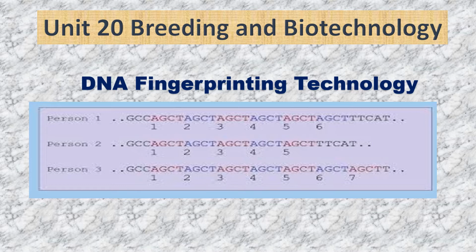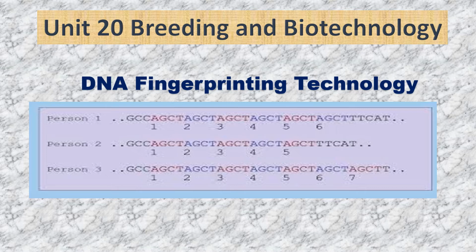In human beings, 99% of the DNA sequence is the same, that is bulk DNA. The remaining 1% of the DNA sequence differs from one individual to another. This 1% of DNA sequence is a small stretch of repeated DNA, which is known as satellite DNA. Already we studied satellite DNA in heredity. The number of copies of a repeat sequence, also called VNTR, differs from one individual to another.